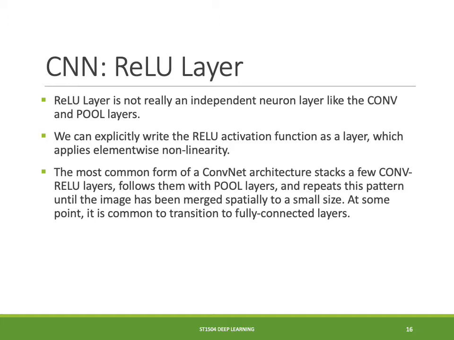So just bear in mind that in the actual architecture, it is not really a completely independent layer, but it's actually part of the same summing layer of neurons that we have with the convolutional layer, or rather it just works together with the convolutional filters that we have been talking about earlier. Okay, we are drawing it separately as a layer, but in reality, it's part of the neuron layers that's part of the convolutional layer earlier. So you can think of it as a convolution-rectified linear unit